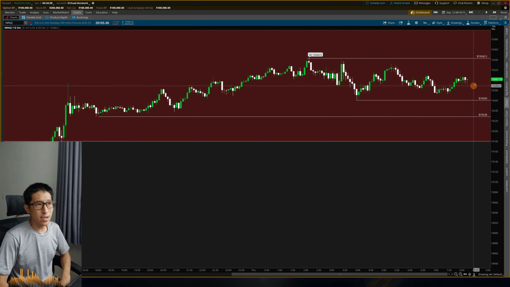If we do start trading above this 4-hour fair value gap, then we'll be looking for those highs. If we start going below this fair value gap, shorts are back in play. So kind of in a place where you want to have a neutral bias. So I'm not really leaning too much in one way or the other.